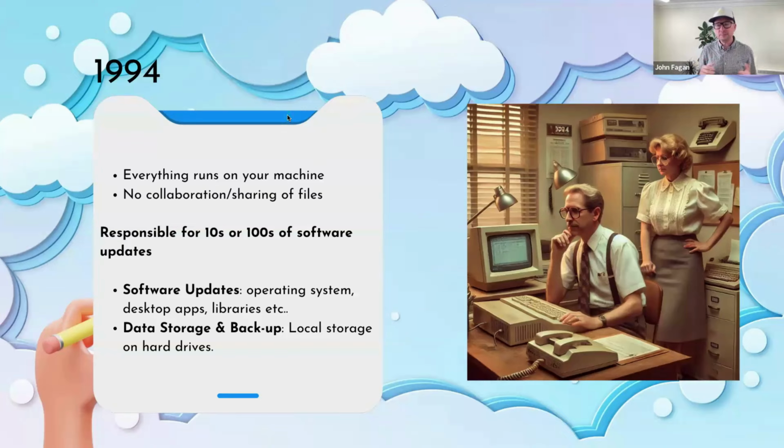So that could actually be tens or hundreds of software updates. The operating system itself made it easier to update all the individual libraries potentially, but sometimes things wouldn't work. Your printer stops working because it has a library that is out of date. But you as an individual were responsible for updating all those, so the operating system, the desktop apps, and all the libraries, and keeping all your data. And if you wanted to back that up, you had to back that up.